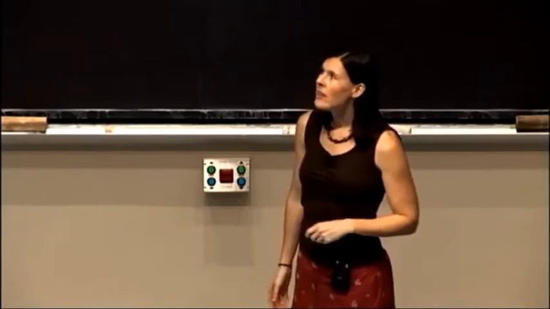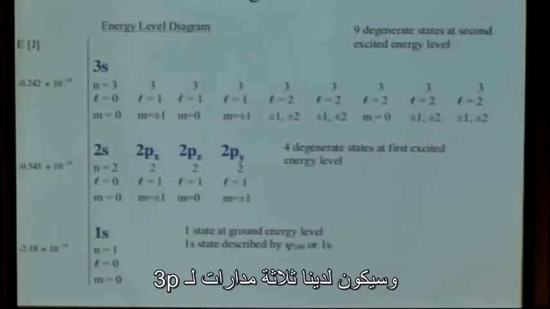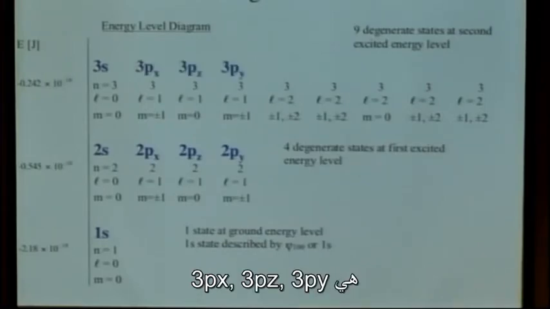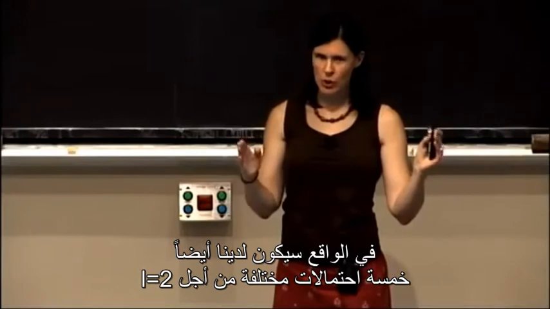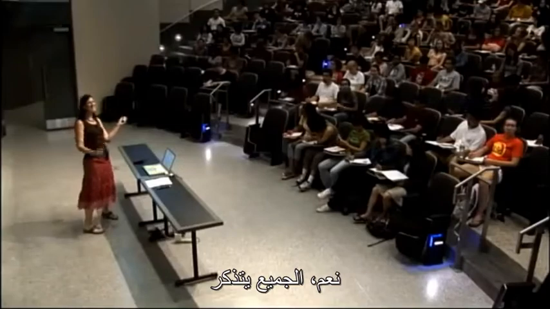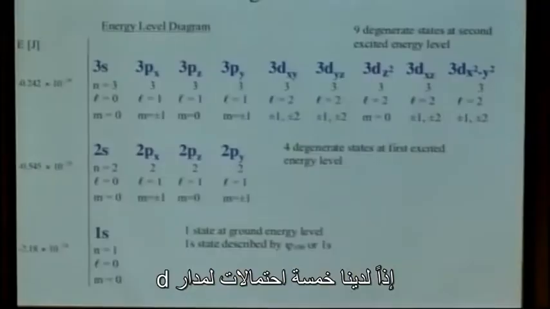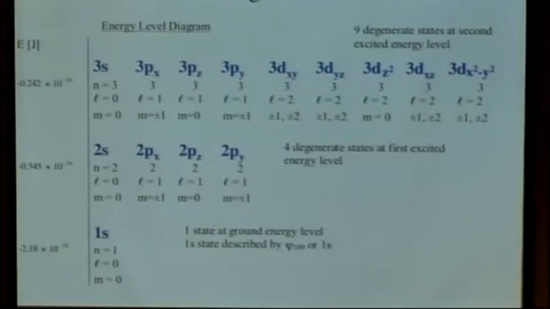As we go up to the next energy level, which is based on the n equals 3 principal quantum number, now we have, again, the s, so we have the 3s orbital. We're going to have 3 3p orbitals, right? So we'll have 3px, 3pz, and 3py. And now we're also going to have 5 different possible l equals 2 orbitals. Does anyone remember the l equals 2? Yes, everyone remembers. Good. So we have 5 possible d orbitals. We'll call these the 3dxy, the 3dyz, the 3dz squared, the 3dxz, and the 3dx squared